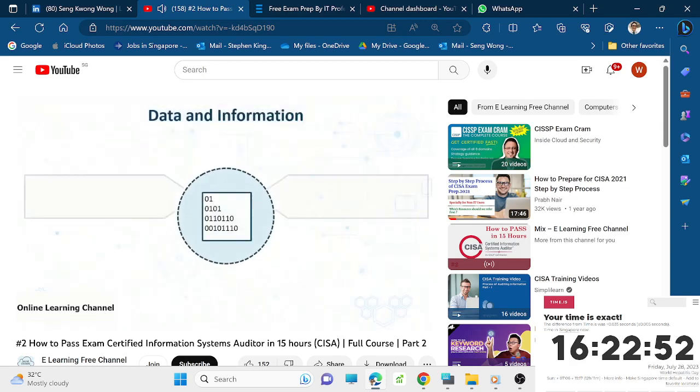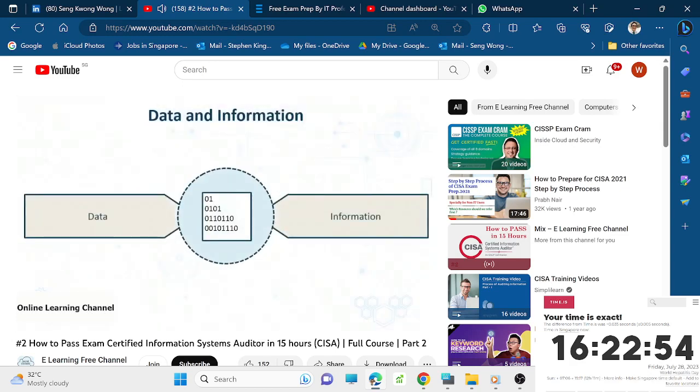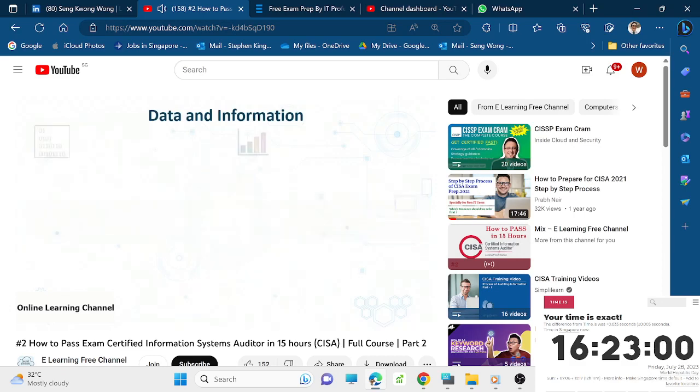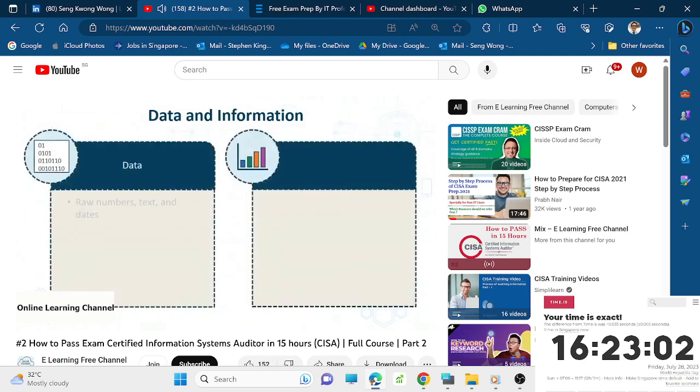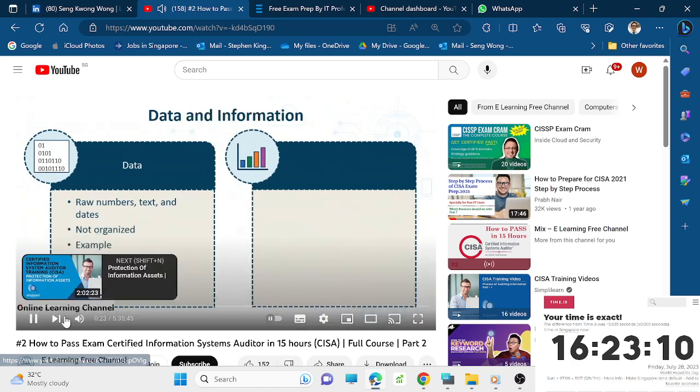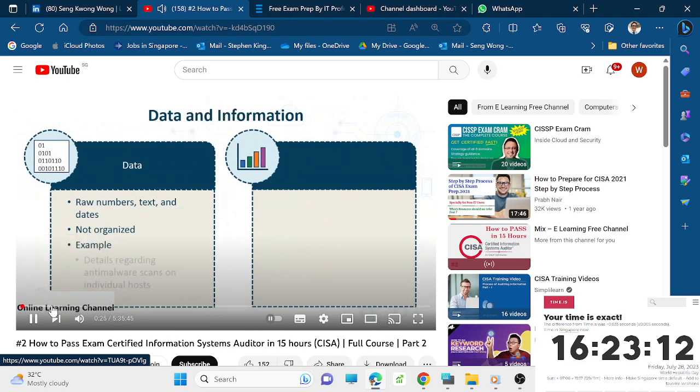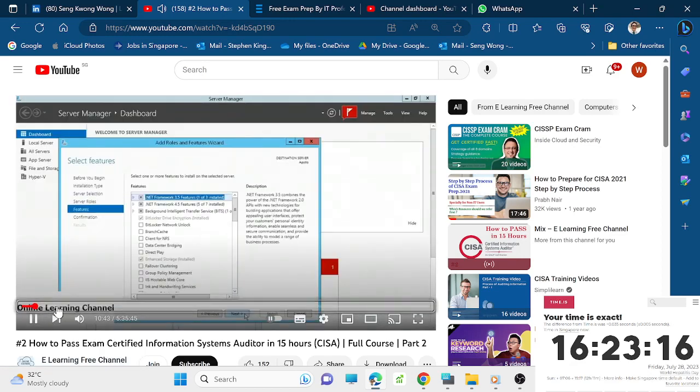Although the terms are often used interchangeably, data and information are not the same thing. They are not synonymous. Data is essentially raw numbers, raw text, and raw dates. So in other words, there is no real organized structure. An example of data might include, for instance, details related to